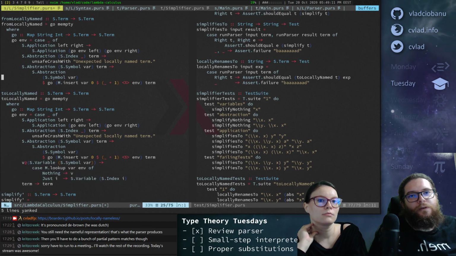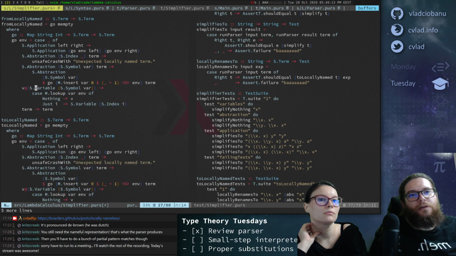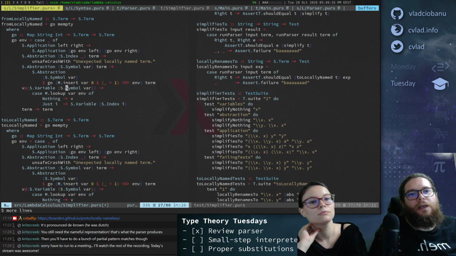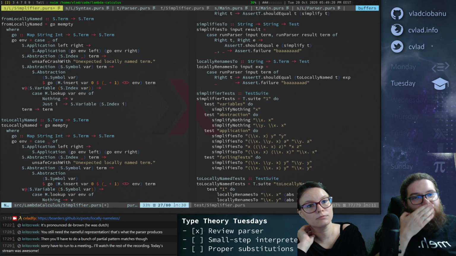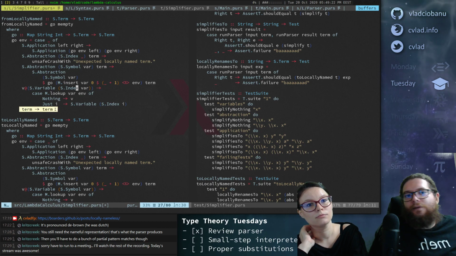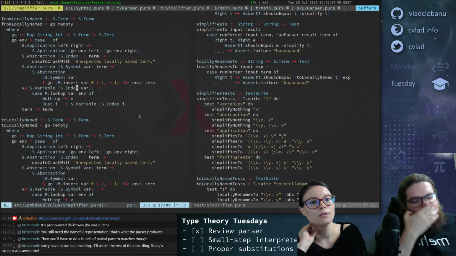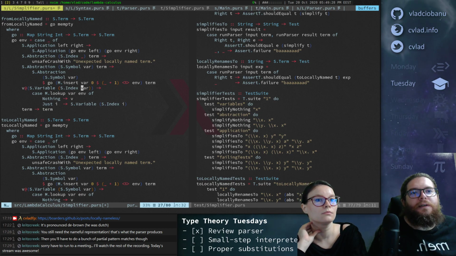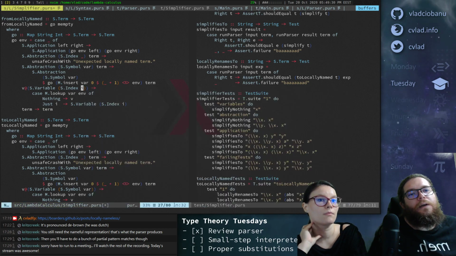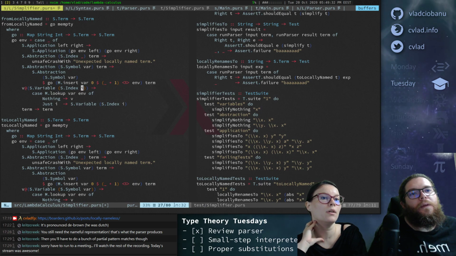I'm pretty sure. Right, because, okay, so if we find a symbol, then we do nothing, right? So only in case of this, right? In symbol, we just fall back to this, right? Where we don't do anything. So if we find an index, then we look it up, right? Well, this is an I, right? Yeah. Look up. Let me think